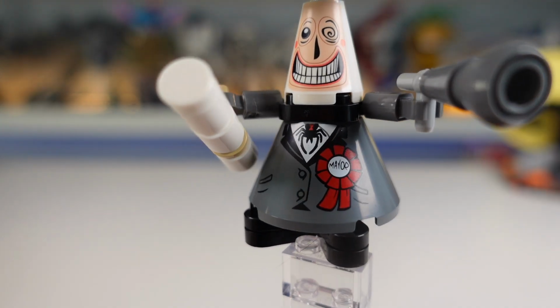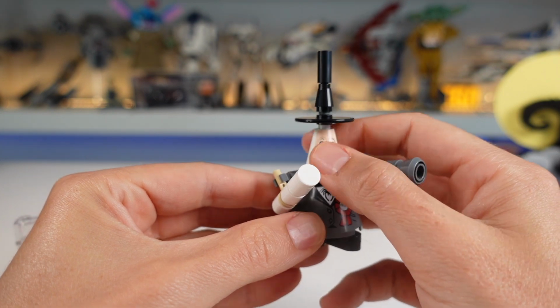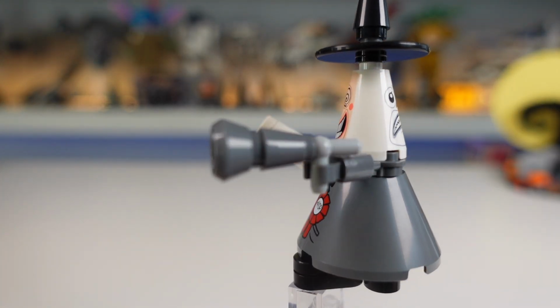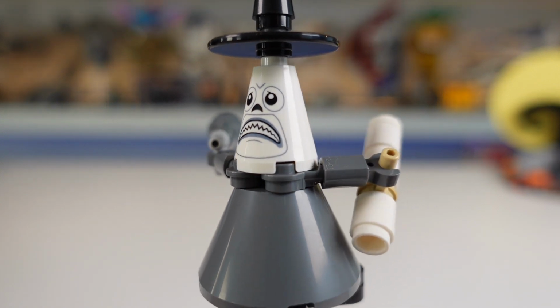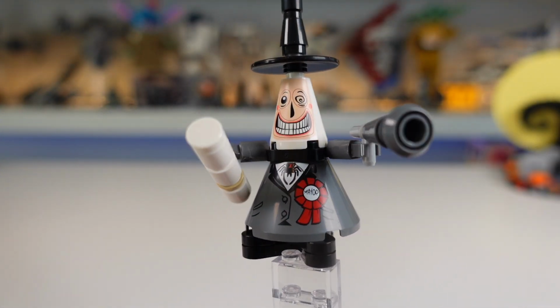The mayor is brick built, but has these decorated elements, and that's partially due to it being a figure that will be handled a lot, but also because it's a cone shape, and a sticker would not be applied well and thus have quality issues. He does have the alternate face print on the back, which is awesome, and he has his plans for next